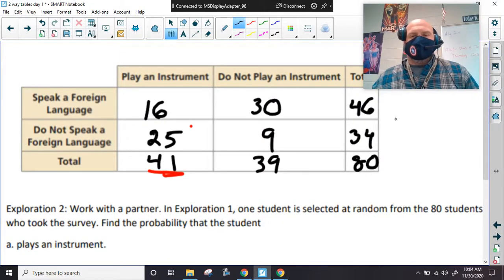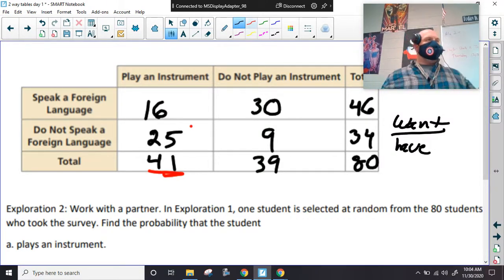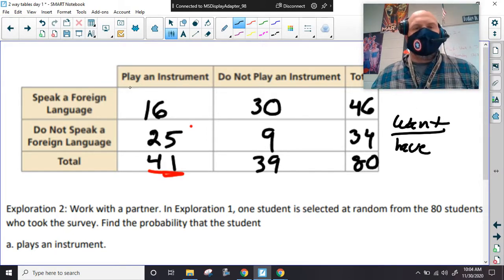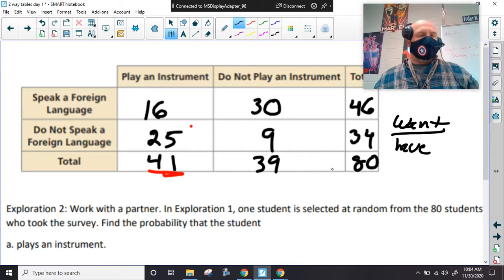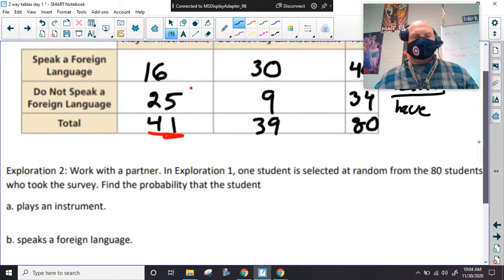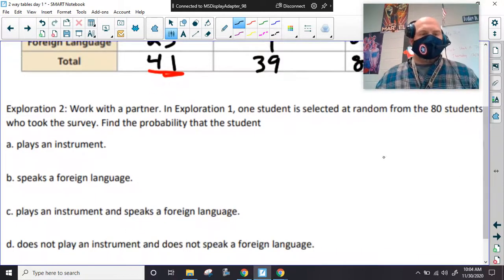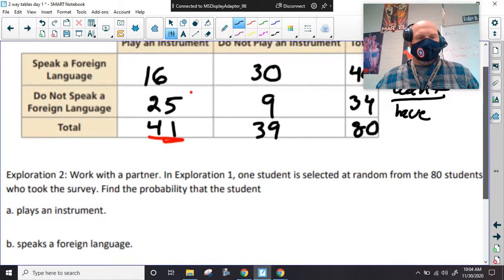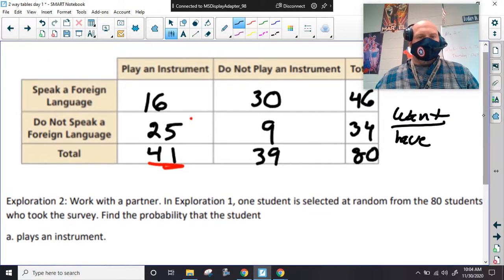All right, remember that this is what we want over what we have. That's basically how you find the probability of something. We have 80 students that we surveyed, so this is how we're going to find that probability. So that plays an instrument. Well, how many people play an instrument? We have 46. So we're actually going to say 46